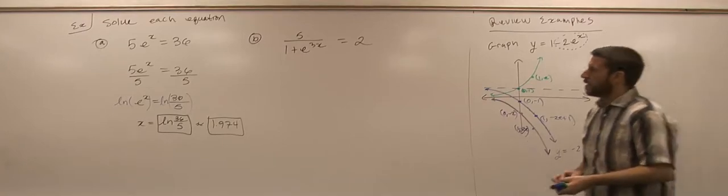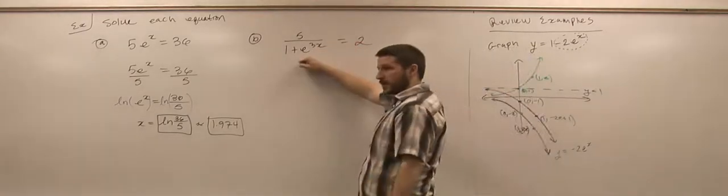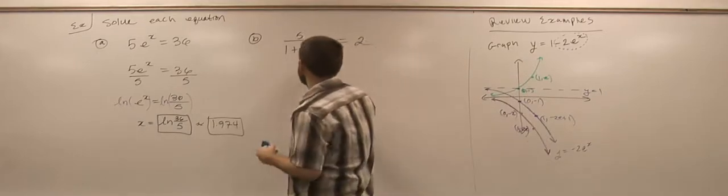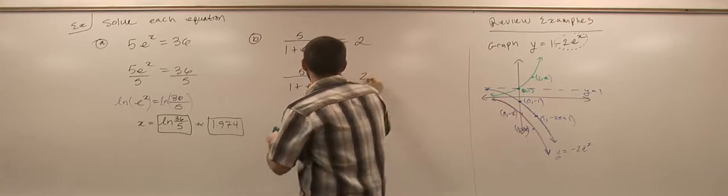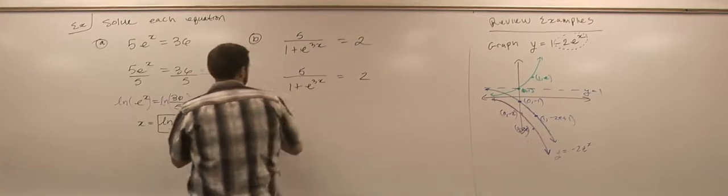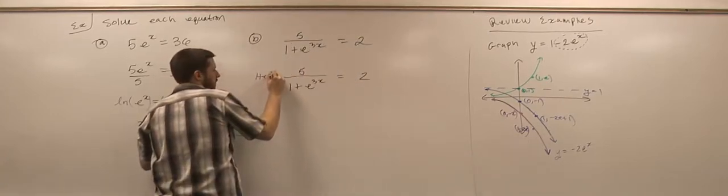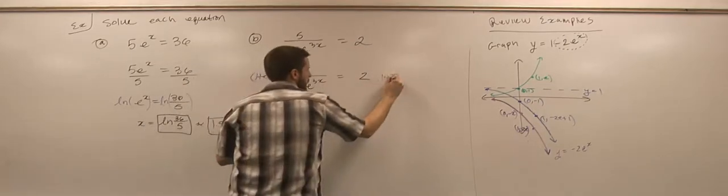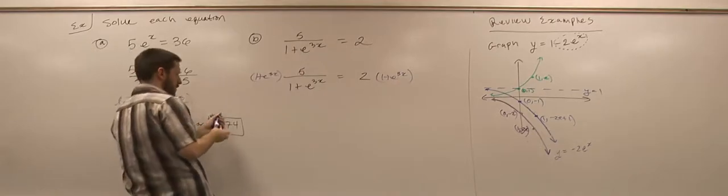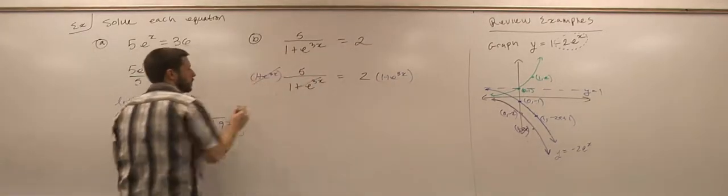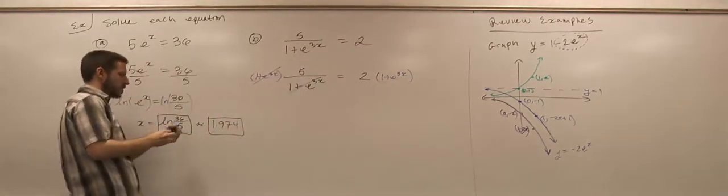Multiply both sides by 1 plus e to the 3x. So you've got to get rid of the denominator. We hate denominators. So we get rid of it: 1 plus e to the 3x over 1 plus e to the 3x, gone. So 5 equals